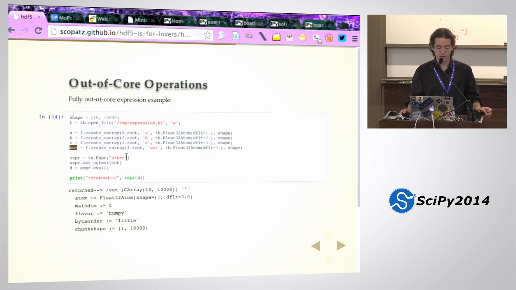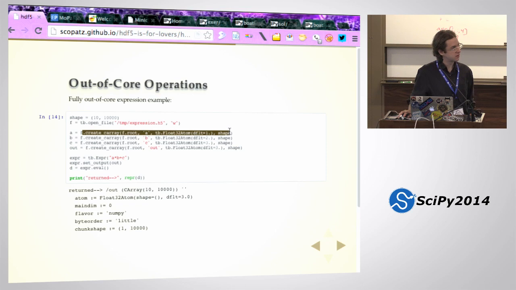In this example, this call creates an array on disk. And actually, it doesn't even fill it with values. It's just the metadata associated with that array. And that's always true. And then you get a reference to that HDF5 object. And that's what A is as computed in the num expression, or in this expression here. So tb.Expr, that's taking the data into the